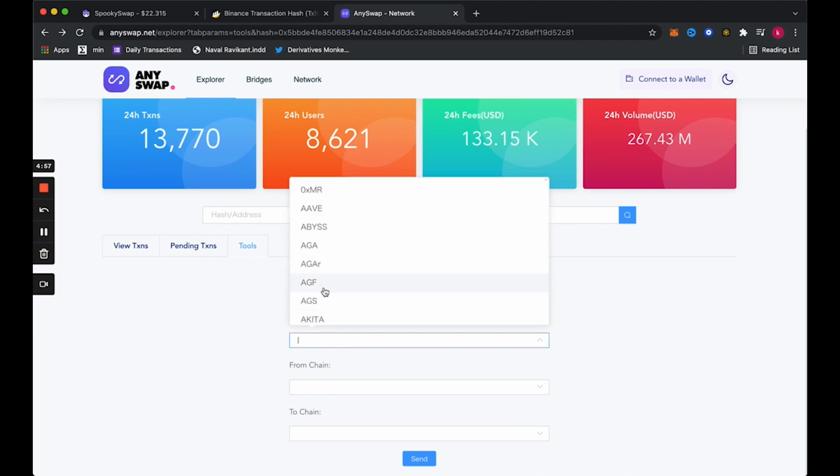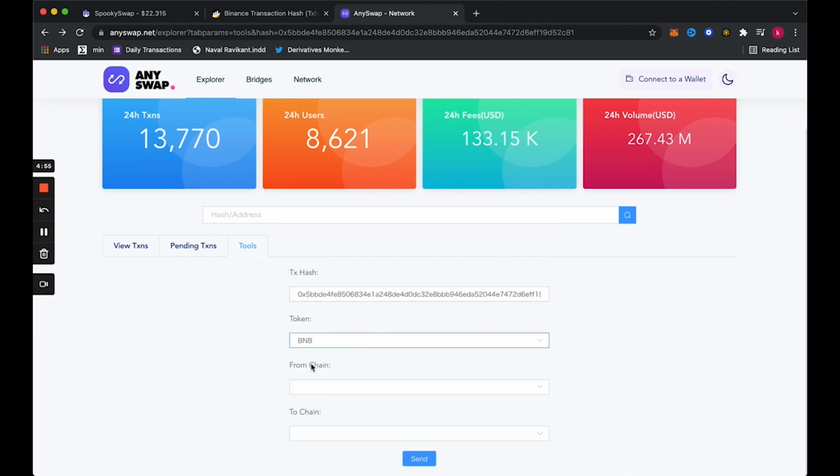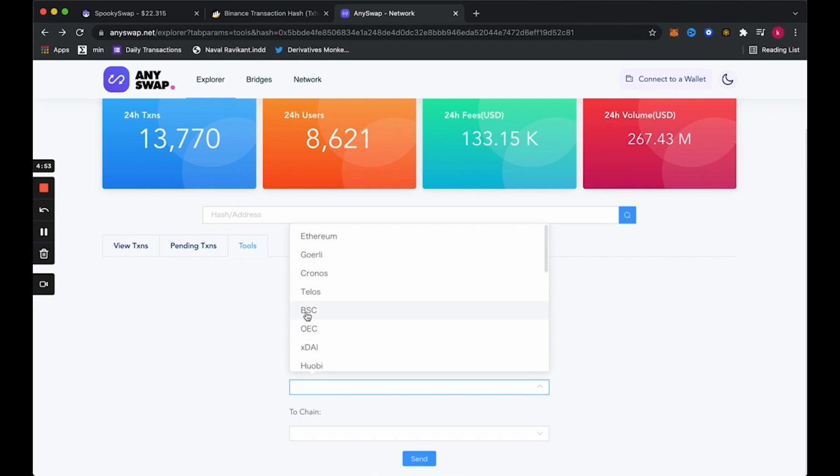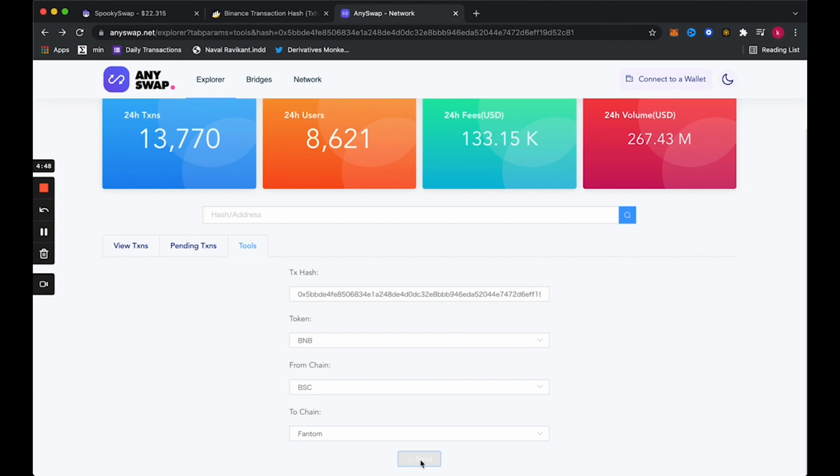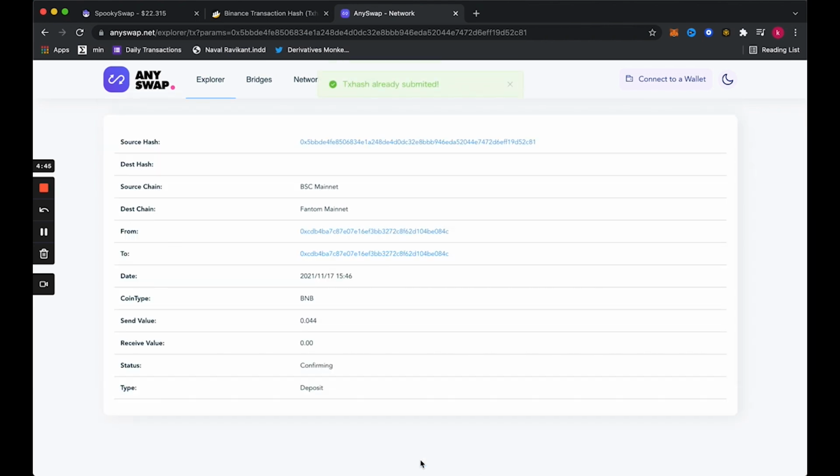I'm going to go back and select my token, BNB, and we sent it from the Binance Smart Chain to the Fantom network, and I'm going to click on send. Now it'll actually show me this transaction, right? So the bridge used Anyswap, and I can see that the status is confirming. Once it has actually sent my BNB from Binance Smart Chain to the Fantom network, I think this will say